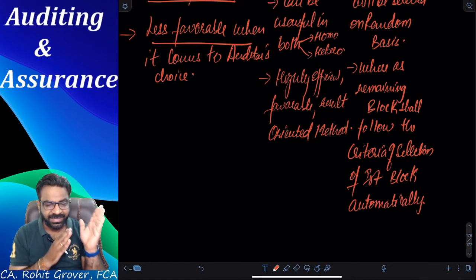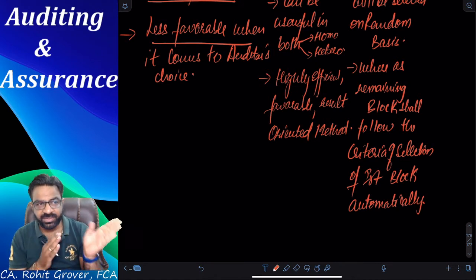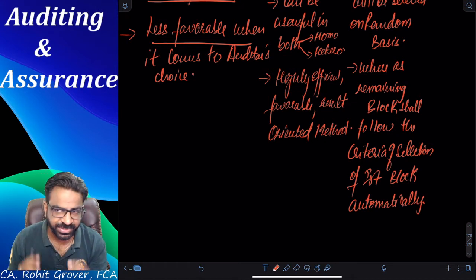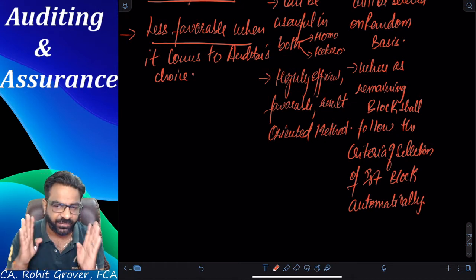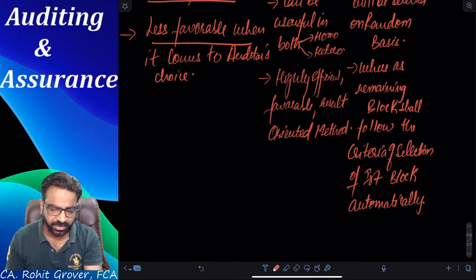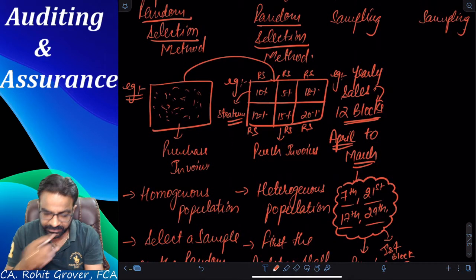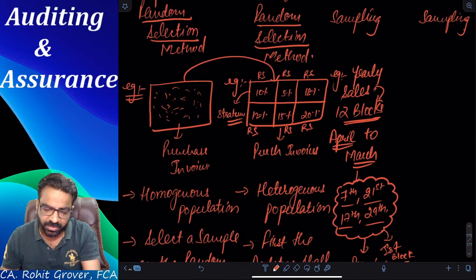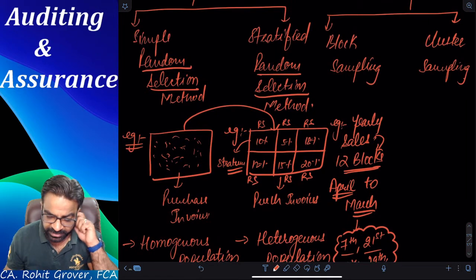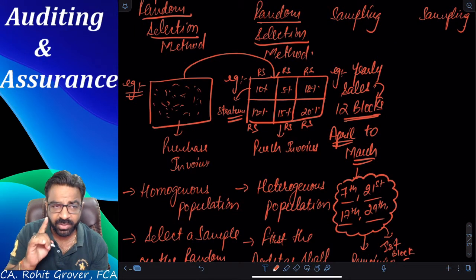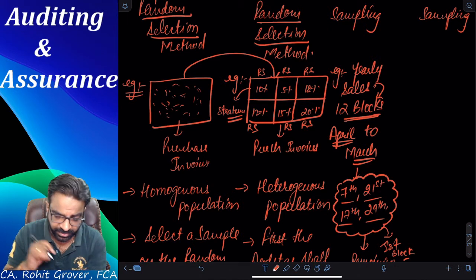So in the random selection method, under the stratified method, we did the random selection in each and every stratum. But here we are only doing the random selection in the first block of transactions, and the remaining blocks are automatically following the first block, right or not? That is the major difference between method number 2 and 3. Now, what is the fourth method? The fourth method is known as cluster sampling, everyone. I will ask you a very important conclusion at the end. Please be ready for that conclusion.